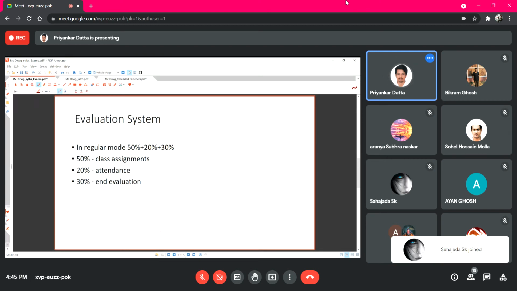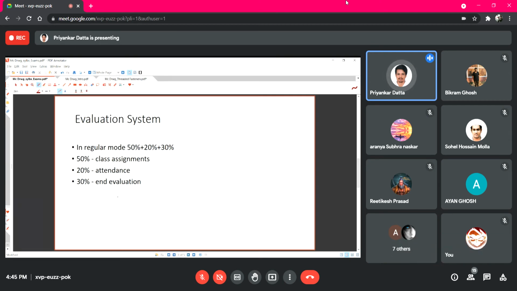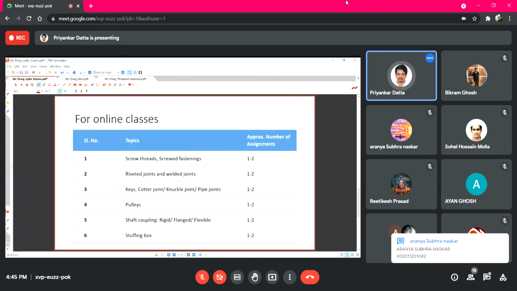So in a real regular class, for attendance 20% marks is there, and for end evaluation 30% marks is there. But here for attendance it is difficult, because in online mode network connectivity issues are there, and many other issues are there. So what we shall do is assign some time. Say for example, for one assignment 7 days will be there for submission.